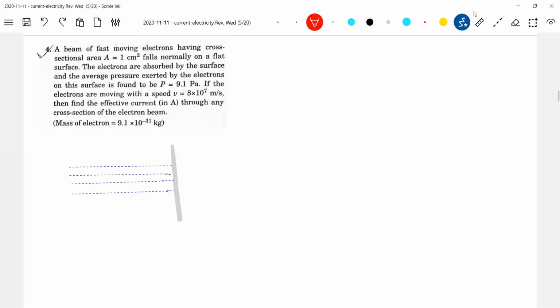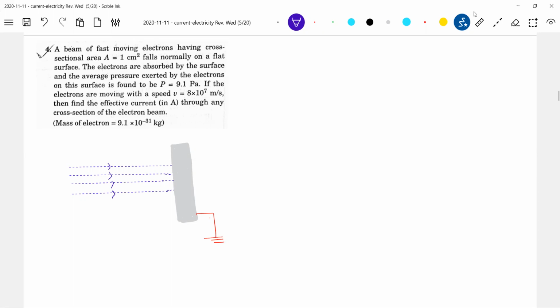What is the meaning of this? Any other concept can be related to this. I'm just giving the basic picture. So the electrons are absorbed. How is it possible? Just put earthing, it's enough. All that electron beam comes and strikes, and will flow to the earth. It's asking how much current there is.